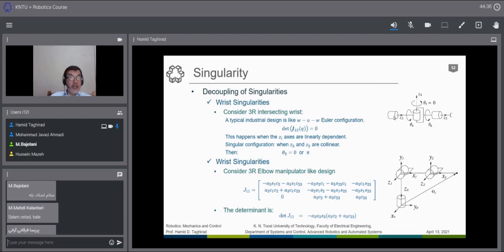We can see very simply, not by deriving the Jacobian, but by considering the physical properties, that the Jacobian columns are the screw axes. We have 3 axes here, one here, one here, and one here. When these 3 become